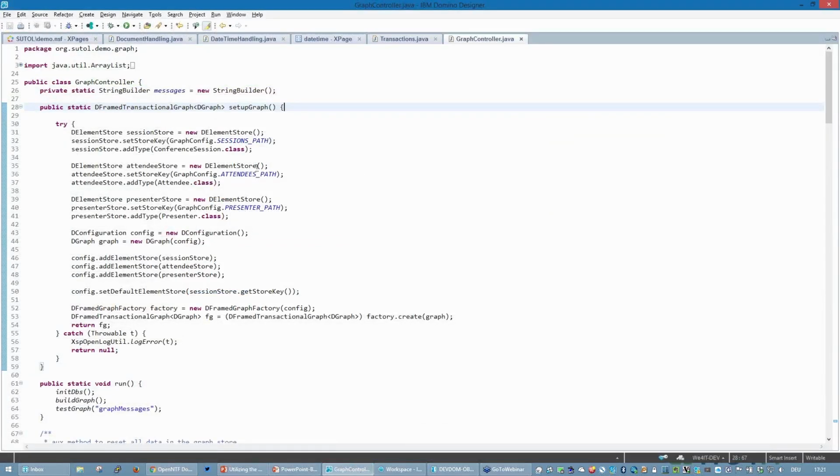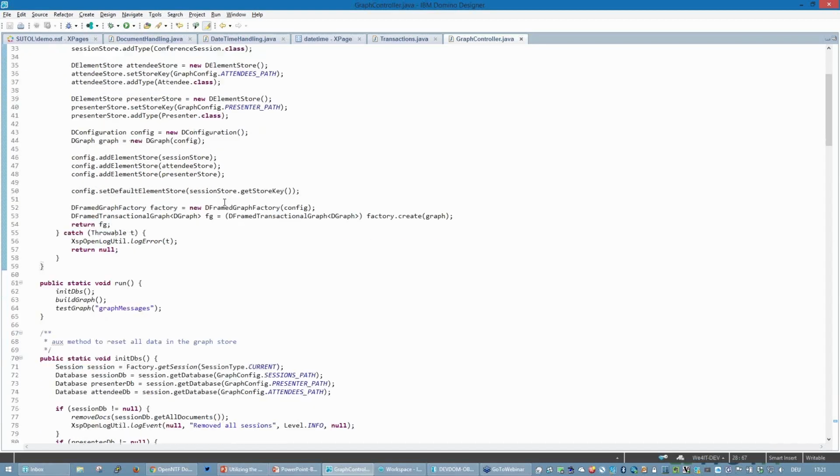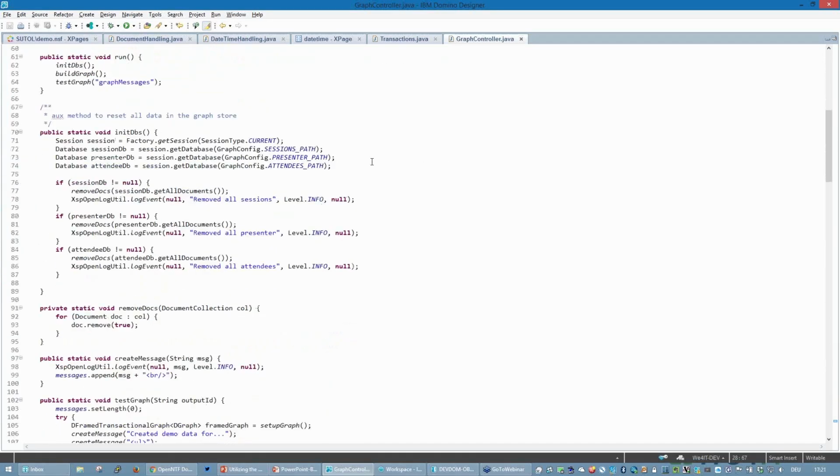So the code behind it contains the setup of that graph, setting those paths to those databases. Don't worry if the database does not exist. It will be created automatically. It's just a simple one. It doesn't even have a view inside. This is a very weird thing, but it's not used anymore, and you don't use it either, you are just using those methods. So I am getting the databases when they are created and initialized, and then